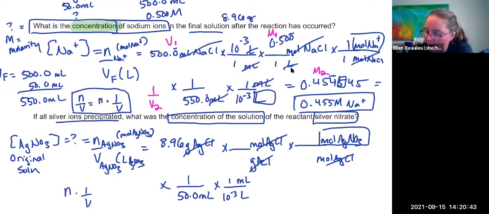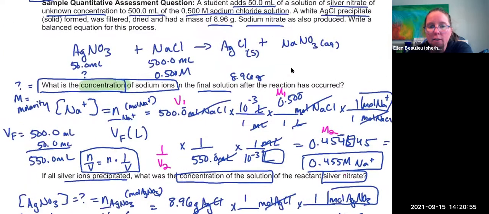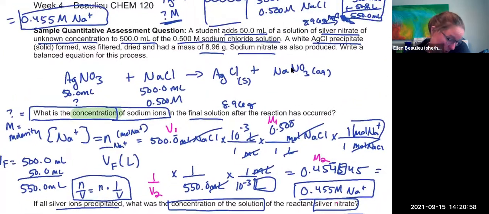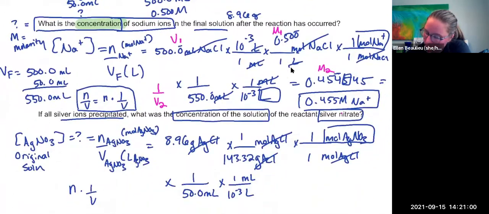Okay, so this is a molar mass. I already solved for the molar mass of silver chloride earlier. Let's see, it was 143.32. This is my mole ratio. My equation says 1 to 1. For every 1 silver nitrate, I make 1 silver chloride. Now I have all my numbers. I can solve: 8.96 divided by